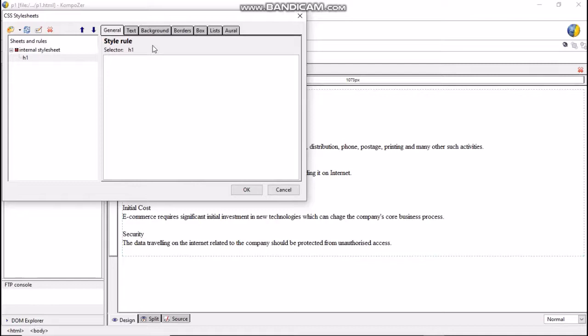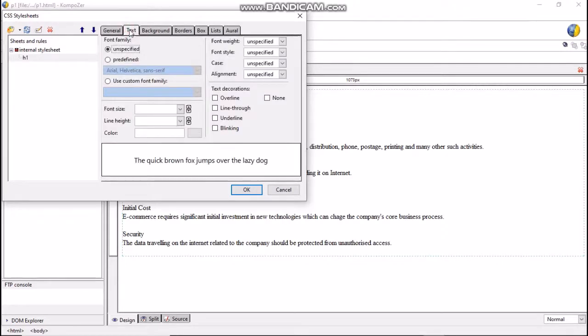Now let us create the style rule for the H1 selector. Select H1 in the left pane. Click on the Text tab. This will show various style options. Select the Predefined radio button and choose Times New Roman.